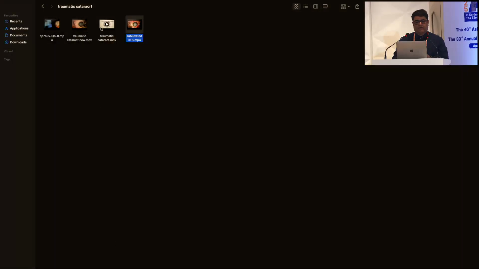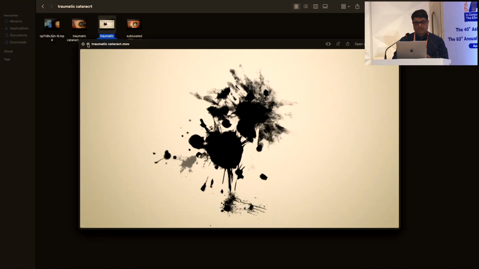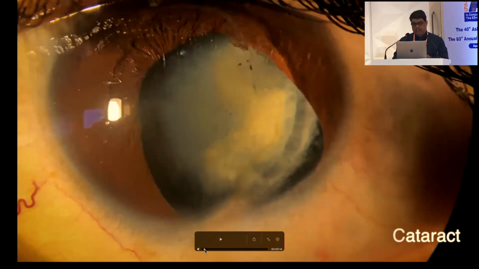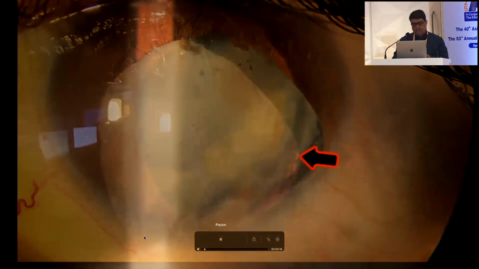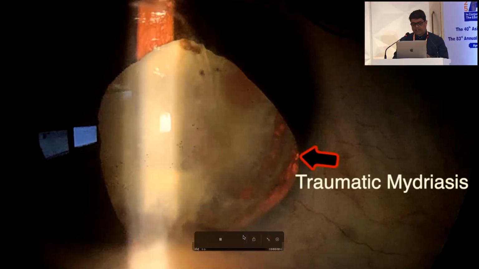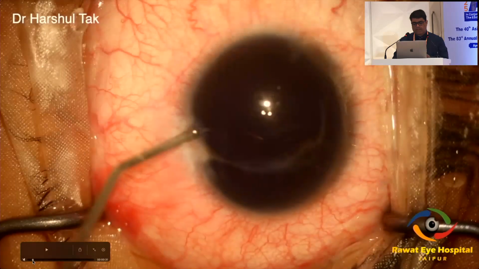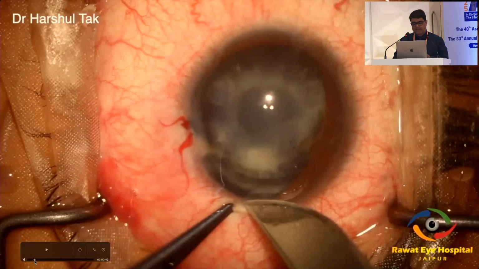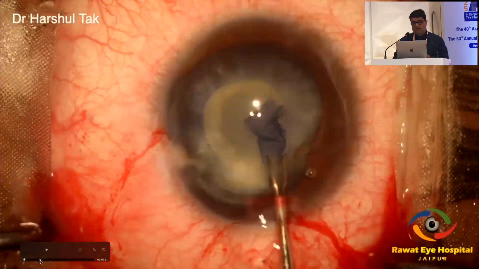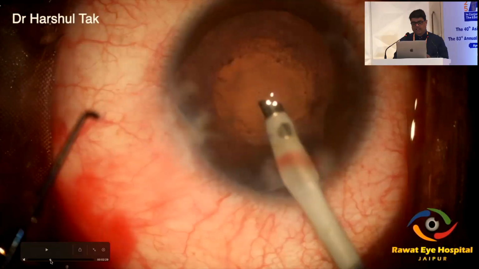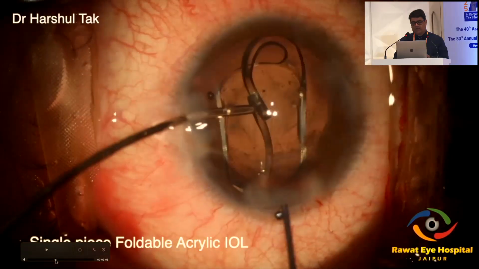I think one last case I'll just like to show quickly in a few seconds. Many times you may have a traumatic cataract along with some iris defect. The traumatic mydriasis is there. So you may need to do pupilloplasty in these cases. There is nothing great in chopping this nucleus again, as it is a traumatic cataract. So once you put the IOL,